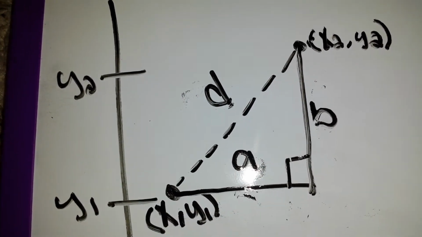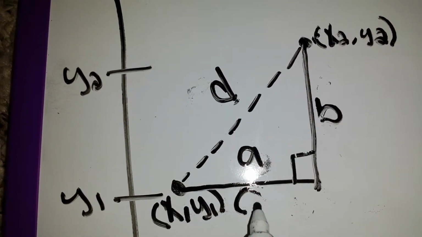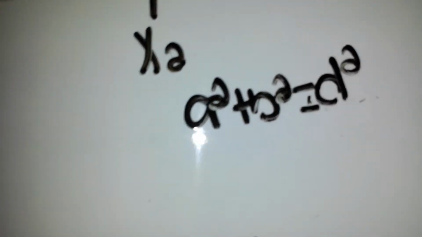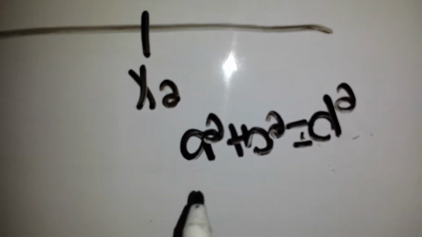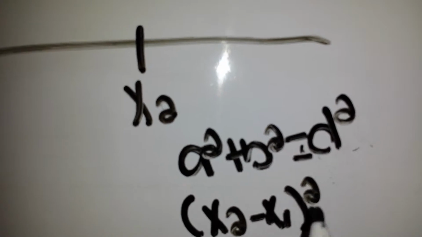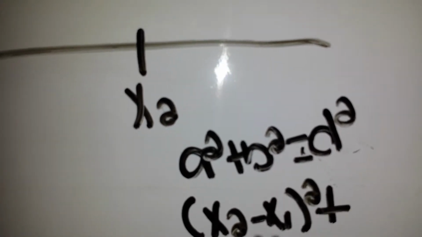It's going to be a value of x2 minus x1. So the length of A is going to be, let's put this right under here, x2 minus x1 squared plus